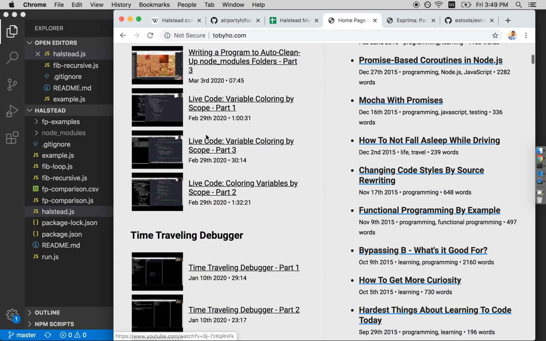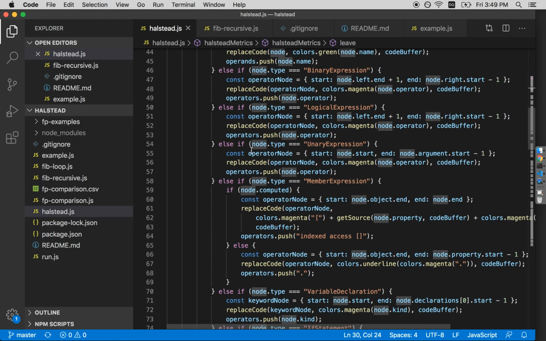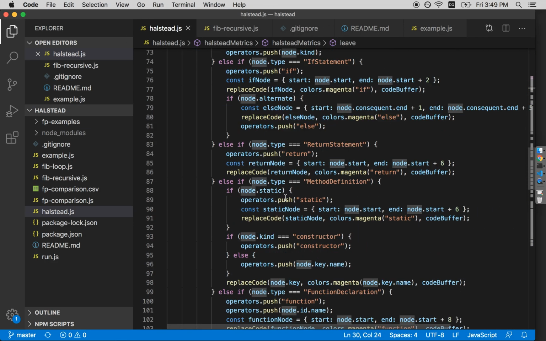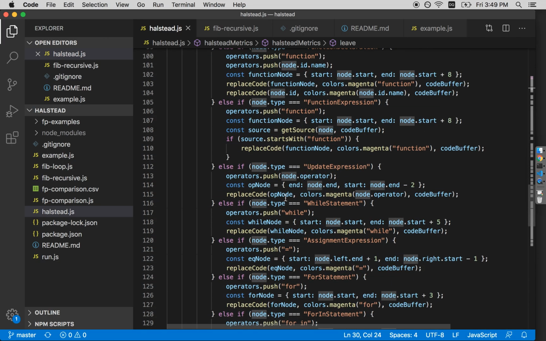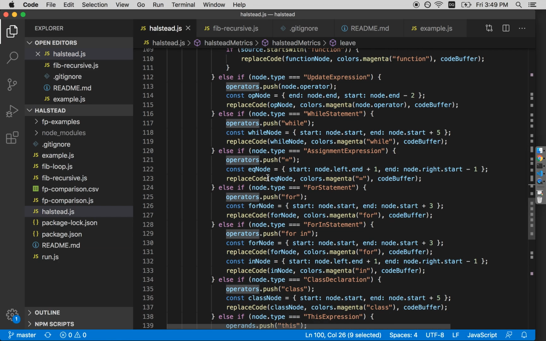I believe, yeah, that's here. It's called live code variable coloring by scope, and it's got 3 parts. So if you would like to dig more into that, you can go there as well. This more or less does the same kind of thing, but also it's collecting operators and operands as we